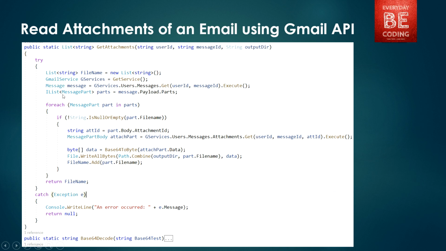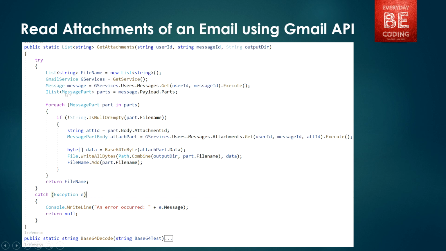Taking 2 input parameters, it will process the request, that means it will again execute Google services by using this get services method, putting this user ID and message ID and returning those messages, because those messages have attachments, message.payload.parts, and we are putting those parts under this IList collection and the type of these message parts.